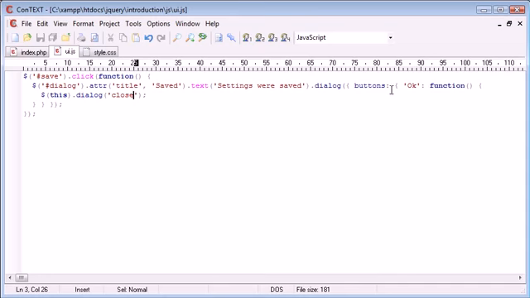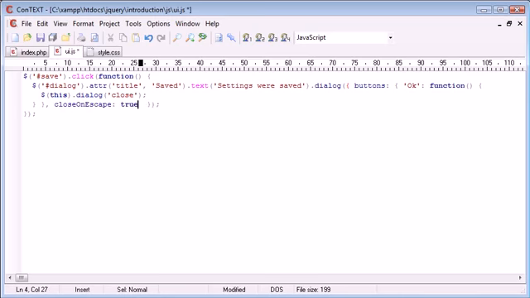Okay, so now what we want to do is supply some more options. Just after, you can see this is highlighted in red here, it's starting to look a bit messy. We're going to supply more options just here. So the first option I'm going to choose is close on escape. Now what close on escape does is it will actually close this dialog box